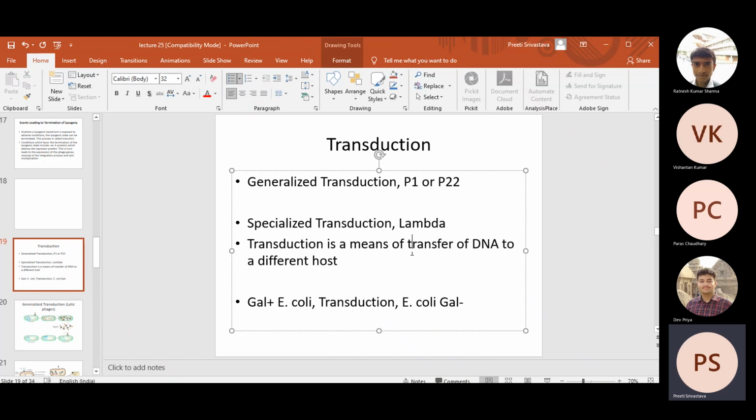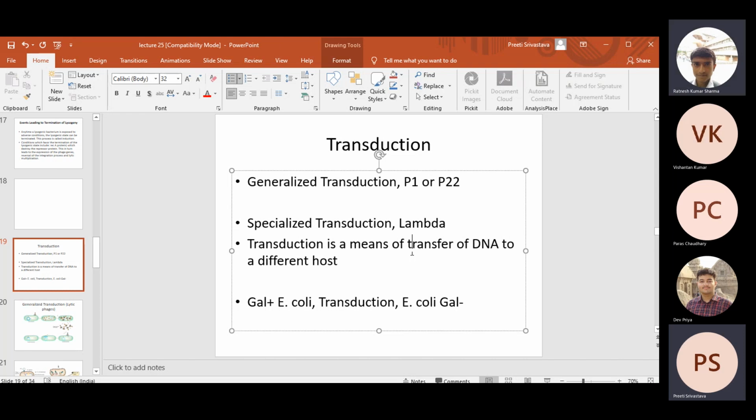So let me finish off with transduction today. Then I'll teach you DNA sequencing, DNA replication, and then transcription. So when you understand the structure of the promoter, I'll come back to this genetic switch. But I hope this cycle is clear, right? So the switch is just which direction it is transcribing, lytic or lysogenic.